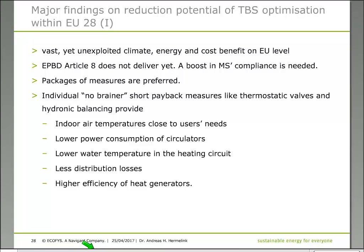So what findings do we have on the technical building system optimization? Obviously, we have a very vast but yet unexploited climate, energy, and cost benefit on EU level. And unfortunately, EPBD Article 8 does not deliver yet, and therefore a boost in the member states' compliance with Article 8 is really needed. Packages of measures are preferred, and there are some individual really no-brainer measures, short payback measures